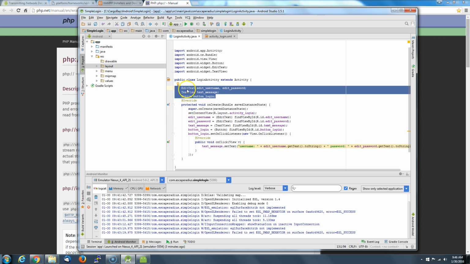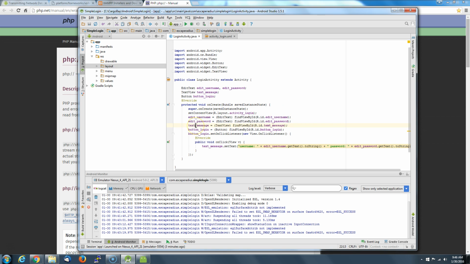All right, so what do we got here? We got edit username, edit password, text message, a button. So we've got our variables referenced here. We're going to go get view by ID. We're going to grab the information here. We've got a reference to our text message and our button. So what's going to happen here is when we do on click listener, when the button's clicked, we're just basically going to grab that text from the user password, login, and we're going to feed it back to the